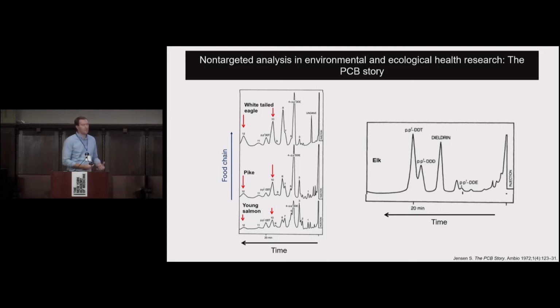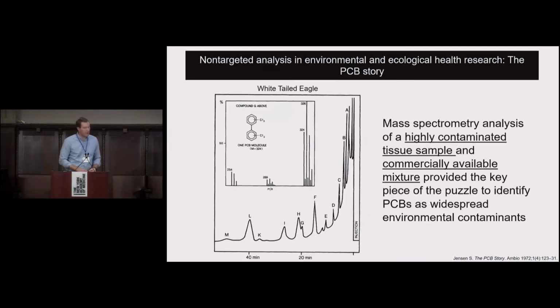And so he continued investigating this and measuring it in multiple samples. Finally, he was able to get a sample from a white-tailed eagle that was very, very highly contaminated, and it had very high levels of this unknown peak here. He was then able to use what at the time was a new and still relatively crude technology called mass spectrometry, which you've heard a lot about in my talk already. He was actually able to develop the mass spectrum for this PCB, and really, this brought widespread recognition that these polychlorinated biphenyls were very potent and widespread environmental pollutants.